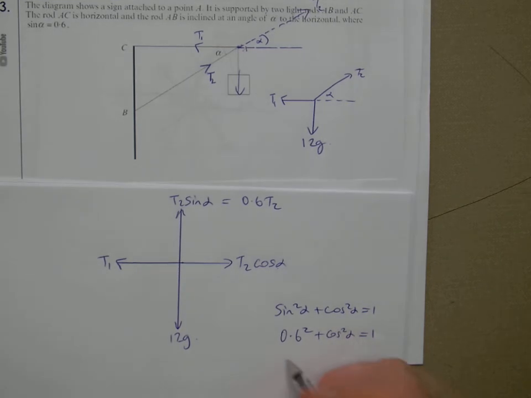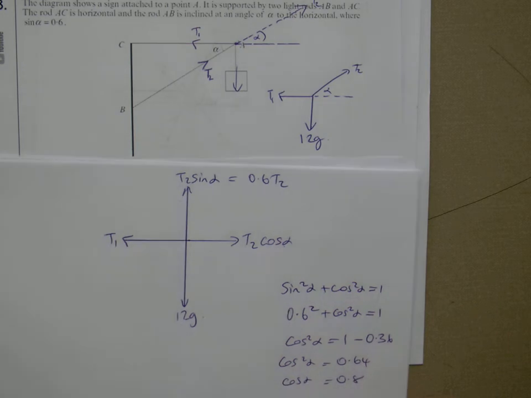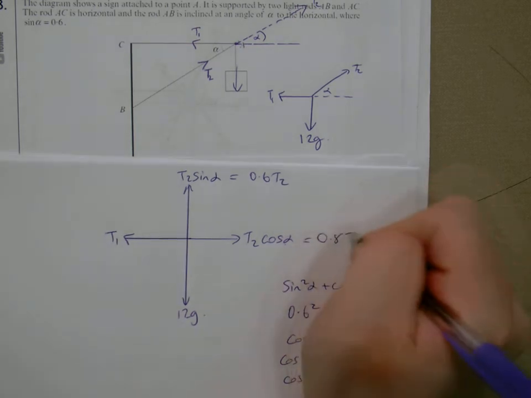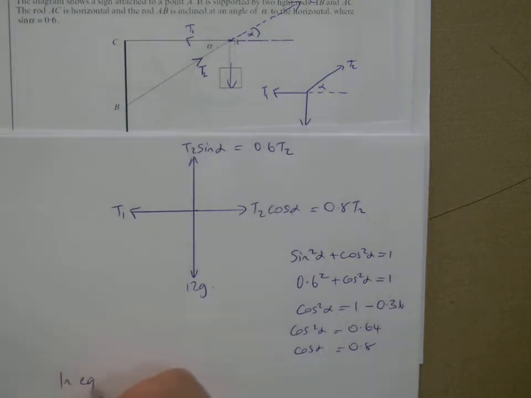Take the 0.6 squared over the other side, so it becomes minus 0.6 squared. And of course then, when you work that out, it's 0.36. So cos squared alpha is 0.64. So cos alpha actually works out to be 0.8. Okay, so this then becomes 0.8 T2. All right, and because the system is in equilibrium,